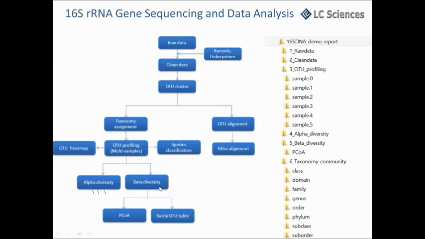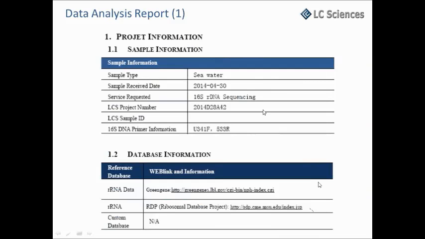And with the beta diversity analysis, we can also do the principal coordinate analysis. And finally, we get the OTU table. So all this information, the data sets, will be sent to the customer, sorted and organized like the right panels. And here,